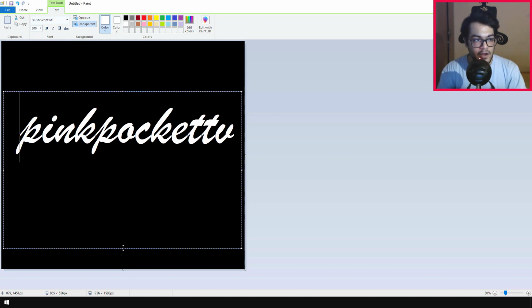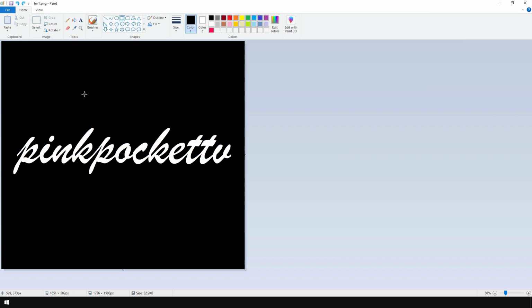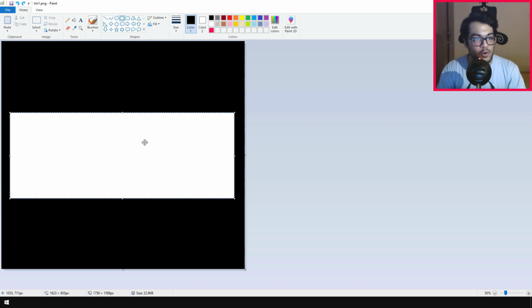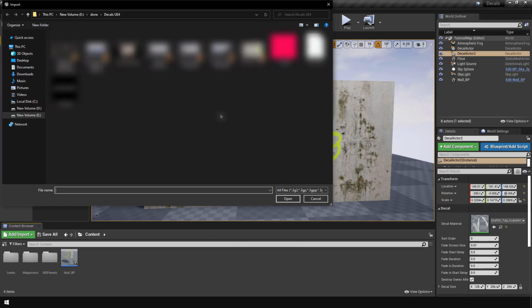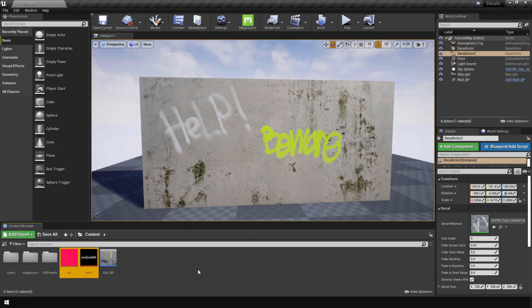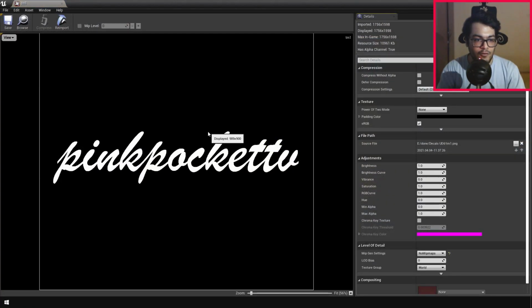All the black areas will be transparent. Save it as a PNG. After you have saved this, we need to make our color map. So just give it any color you like and import it in Unreal Engine. As you can see, we have our mask map and we have our color map.